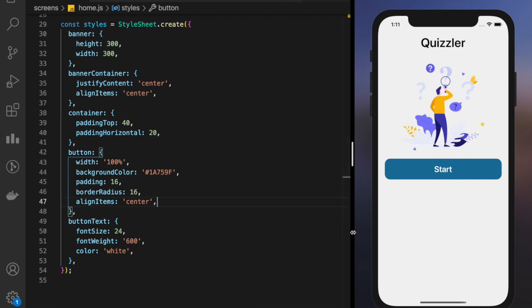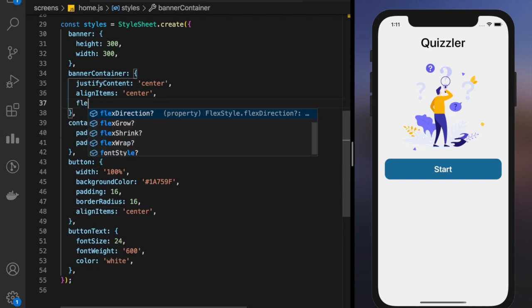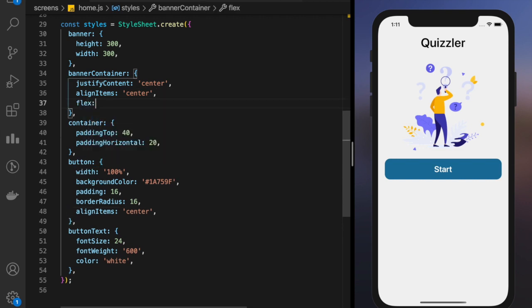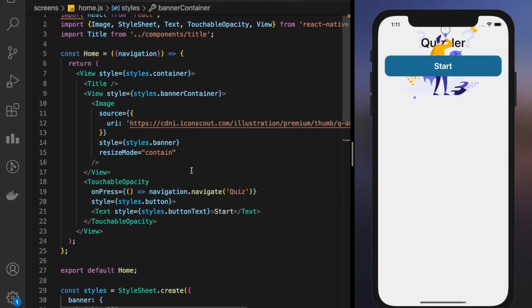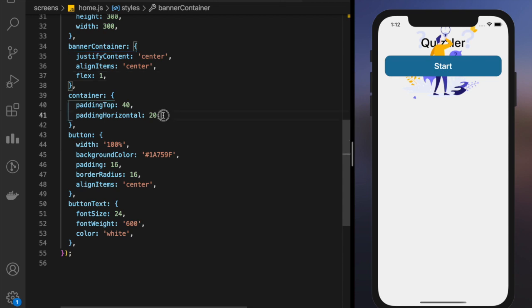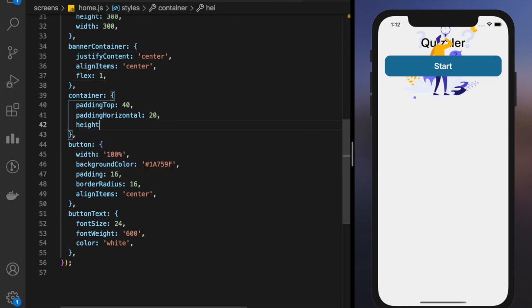I can take this button a little down. So okay, we have many options. Either I can take this container flex one, that's the best. So flex one, and for that I need this container to be a height of 100%.